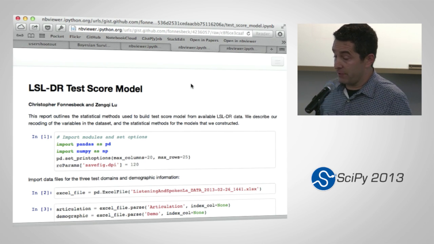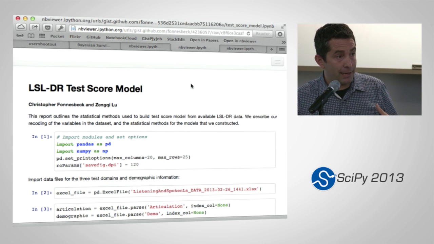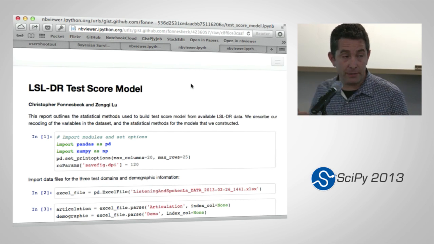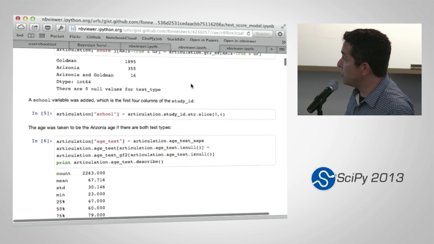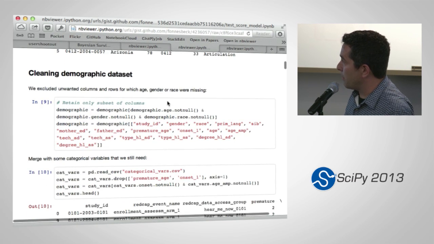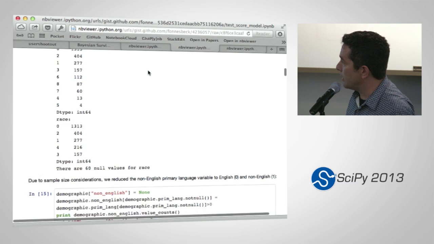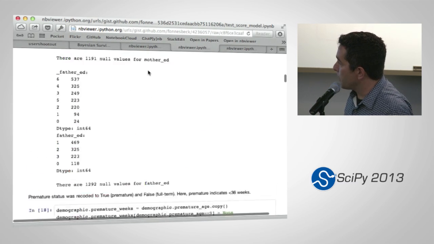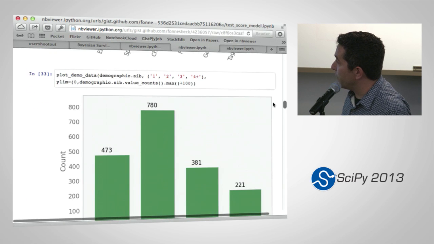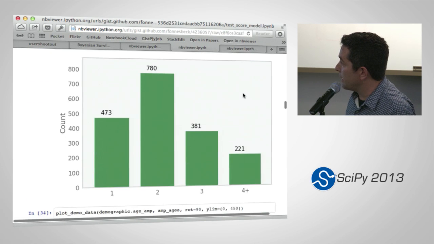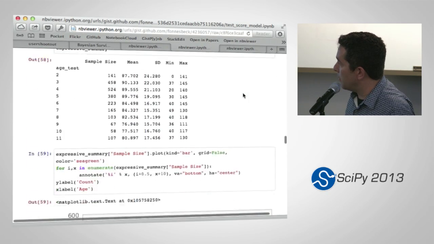Similarly here, this is a really big analysis of the effects of different interventions on children with hearing loss. So they get ear implants, different kinds of hearing implants, and what the effects of those interventions are on their learning abilities. And this is a huge data set that has different components, and it involves a ton of cleaning that was all done in Pandas. And then these data sets were merged, and then we visualize components of the data by generating histograms, and then ultimately an